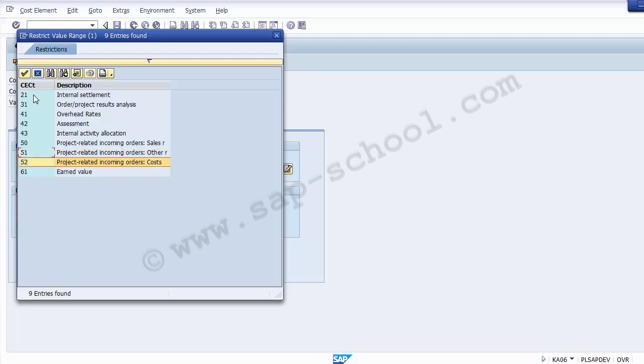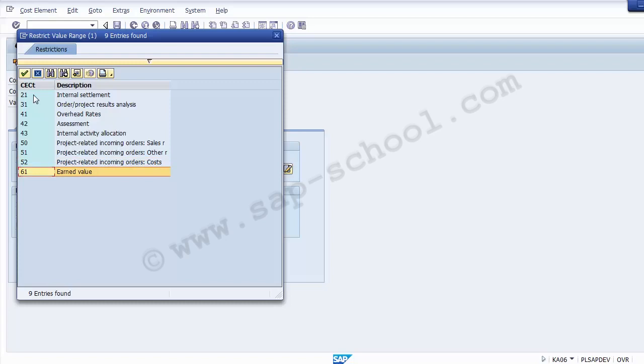Then 52 is used for incoming orders cost, to track cost from sales orders. And the cost element category 61, earned value, is used to track